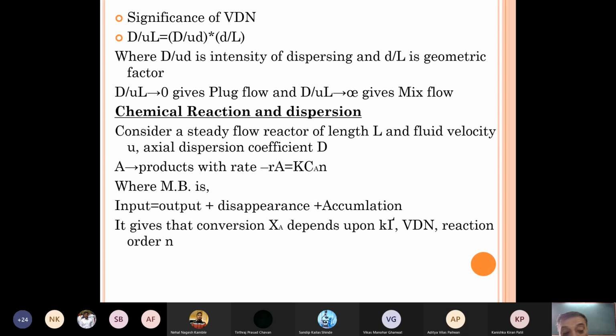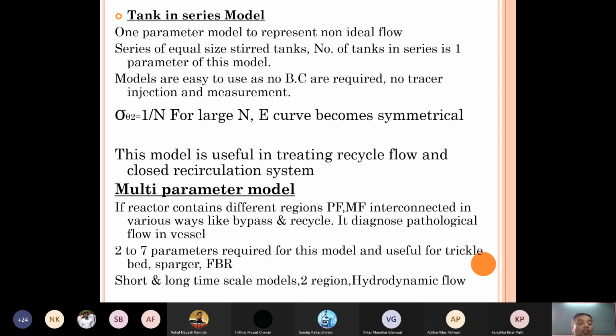When we are using dispersion model, you are getting or not? So vessel dispersion number is the dimensionless number. K tau is a Damkohler number. Again dimensionless number, and reaction order n. You are getting or not? So that's where I have. Okay, just now 10-15 minutes are there, 15-20 minutes are there. Just I will go for theory of our last model, Tanks in series model, and then I will cover all